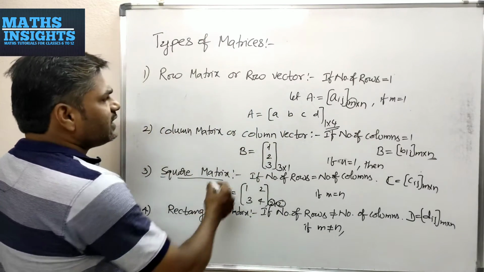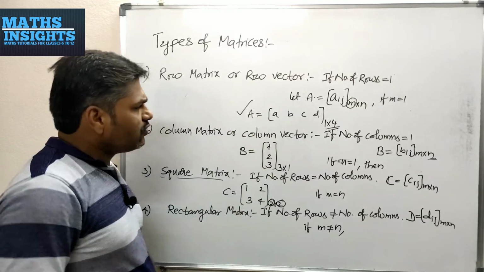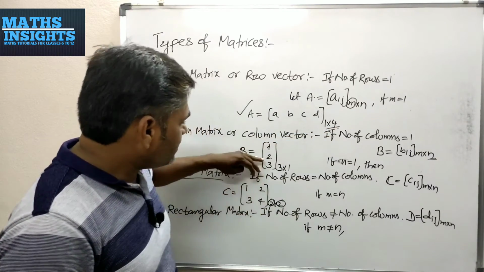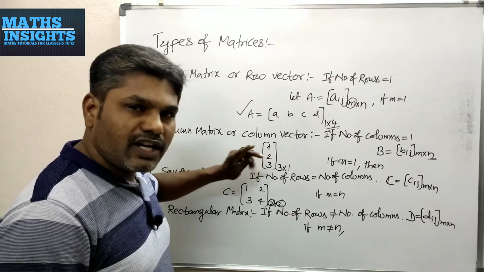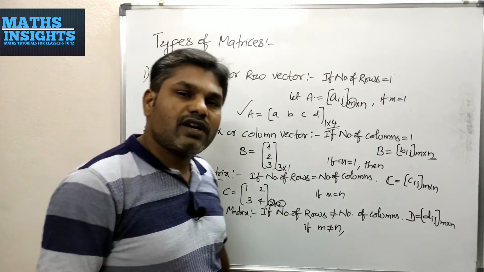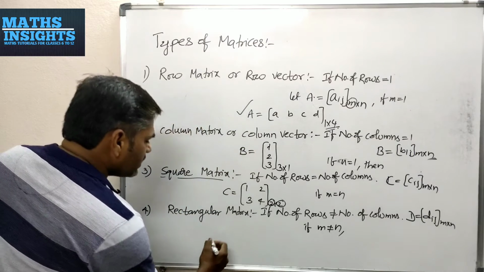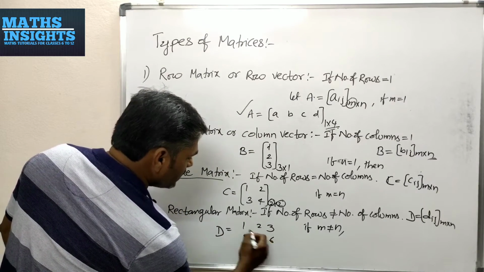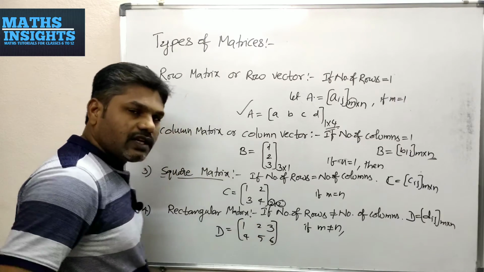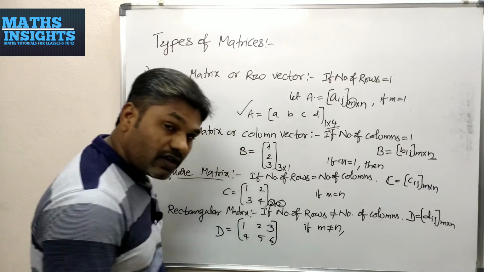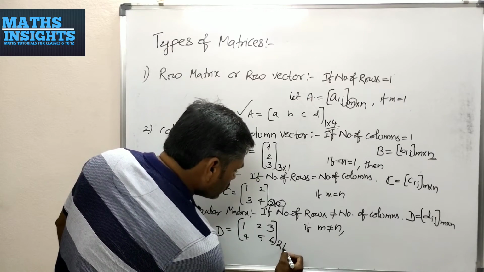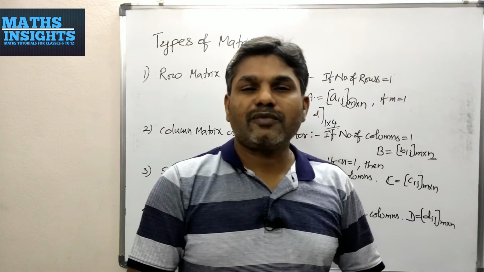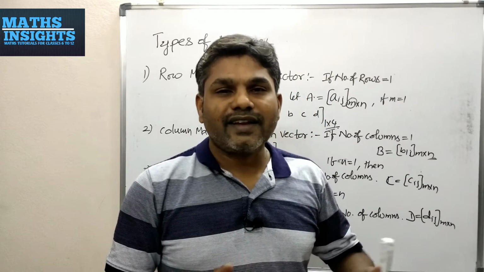Now I am taking, see, this may be an example for a rectangular matrix. Since rows and columns are not equal, this is also an example for a rectangular matrix. Here also rows and columns are different, but you may write a different example also. 1, 2, 3, 4, 5, 6. Enclose this within a square bracket. Now the order of this one is 2 rows and 3 columns. Since the number of rows is not equal to the number of columns, that is said to be a rectangular matrix.